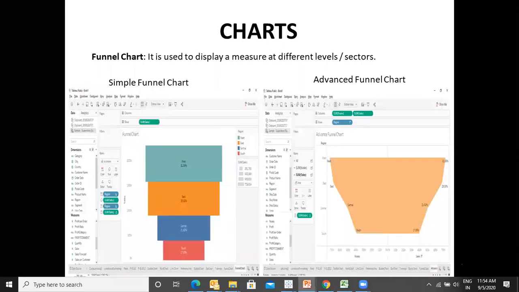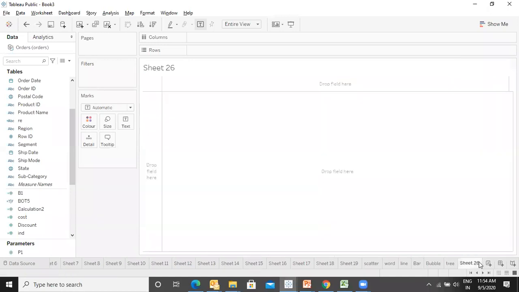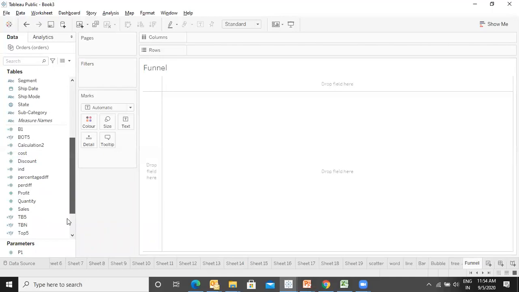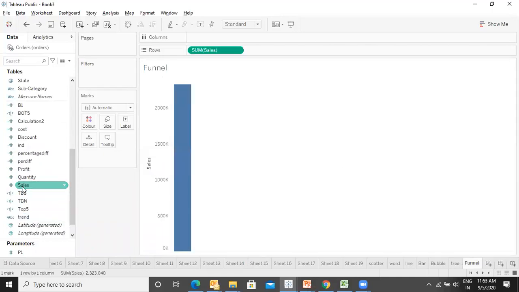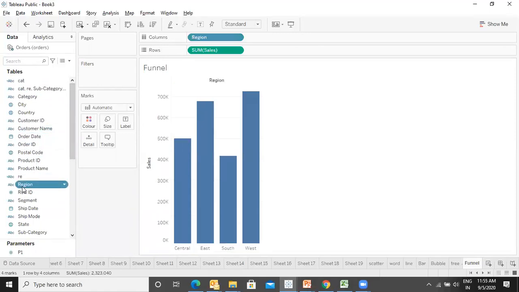Then it comes to the funnel chart. We will keep it as the last topic for today. Let's take the sales on the basis of region.